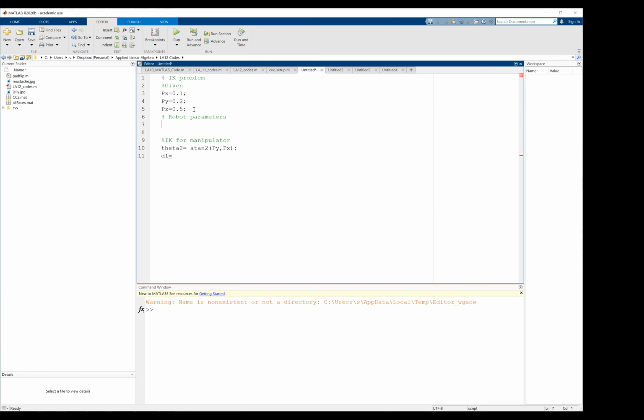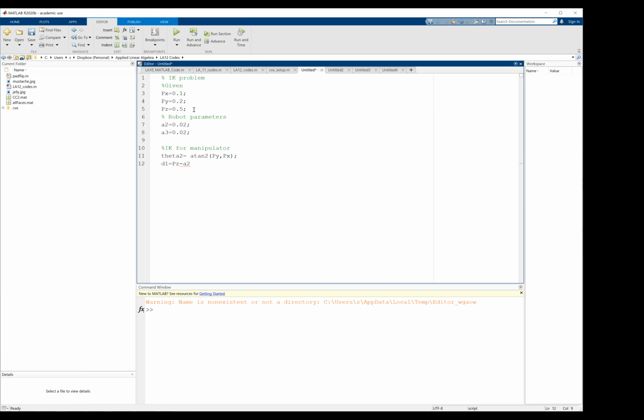In the robot parameters, A2 is given. A2, I'm going to say 0.02. Then I'm going to say A3 is equal to 0.02. So d1 is equal to Pz